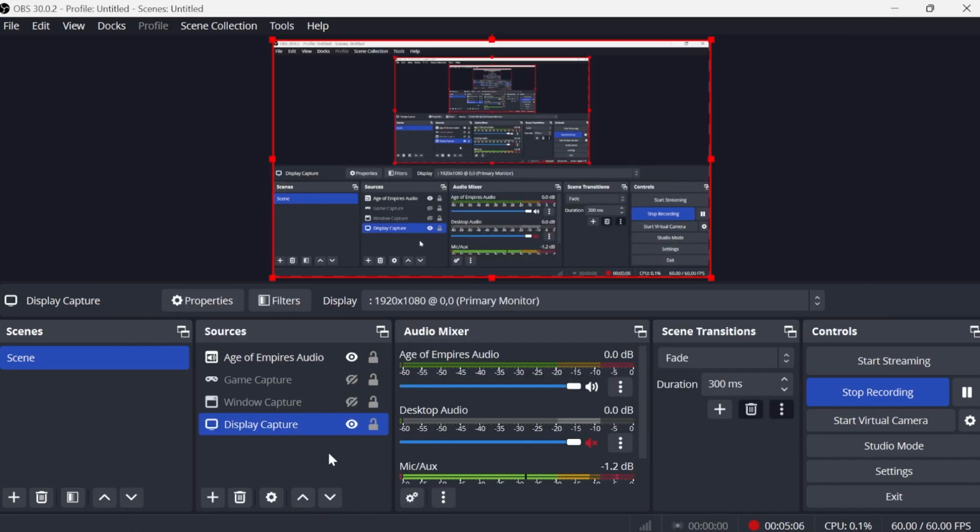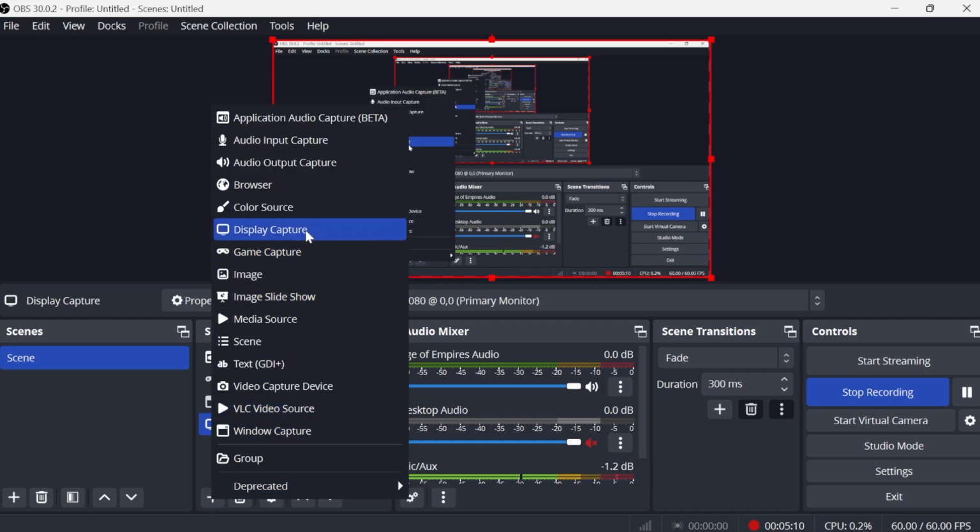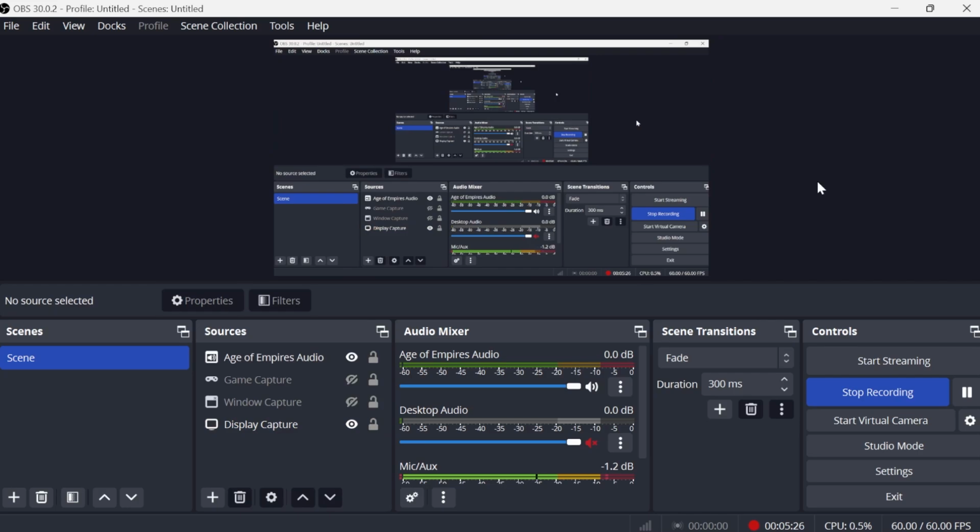And then if you wanted to capture your game's video footage as well, obviously we can do that just by coming over to add new source and selecting either window or game capture. And it's as simple as that, guys. That's how you capture only your game's audio inside of